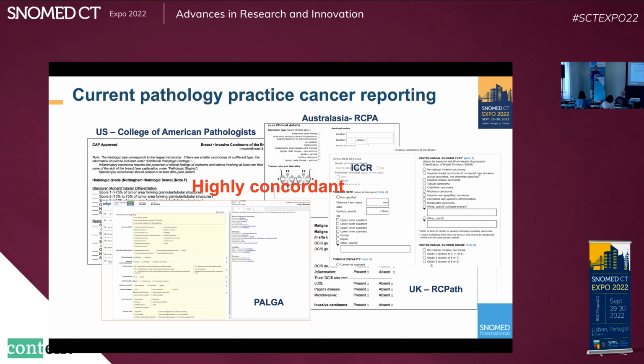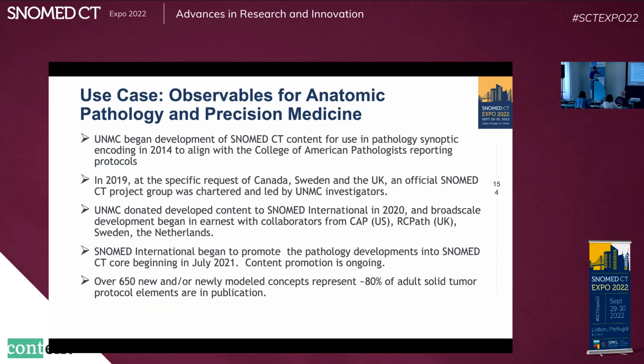And the nice thing is this content is highly concordant, with the minor exception that our friends in the United Kingdom don't spell English correctly. So we do have to accommodate for that. But other than that,